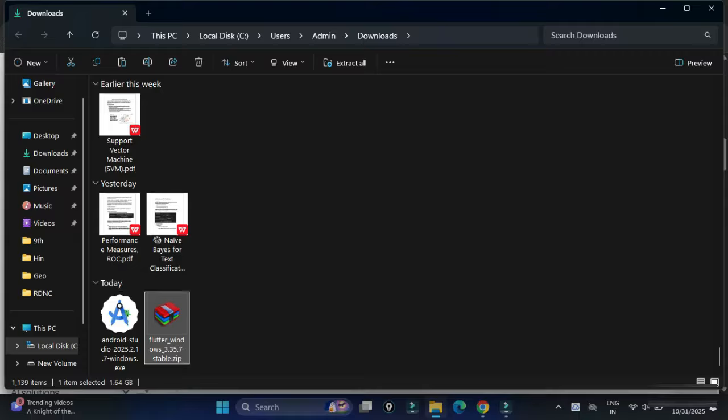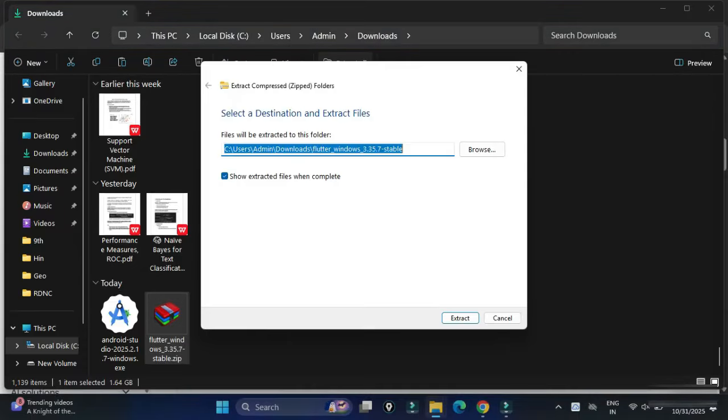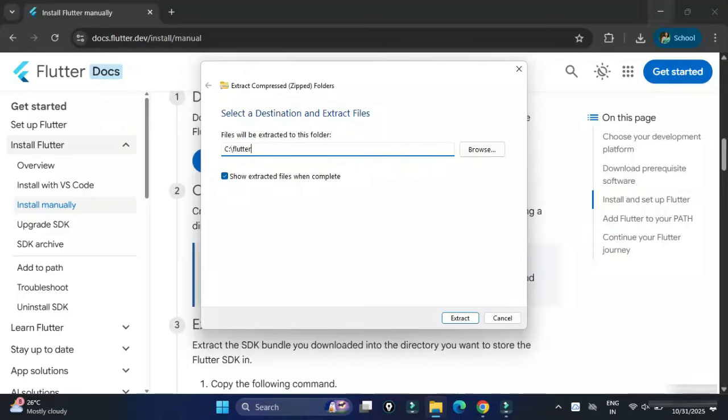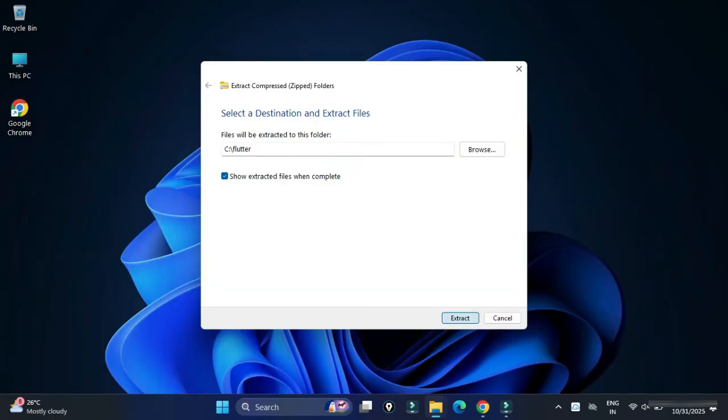Now I'm going to the download location of this file and simply extracting it. Here I have the Extract All button. I'm selecting that, and it's showing me this path. It will be extracted in this path, but I don't want this path, so I'm changing it. I'm making it C:/Flutter. So my extraction will be done in C:/Flutter, and once extraction is done, it will take me to that folder. Here the extraction has started. Since the file is in GB, it is going to take time. So please wait for it.